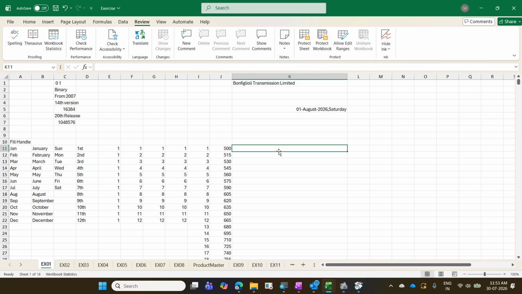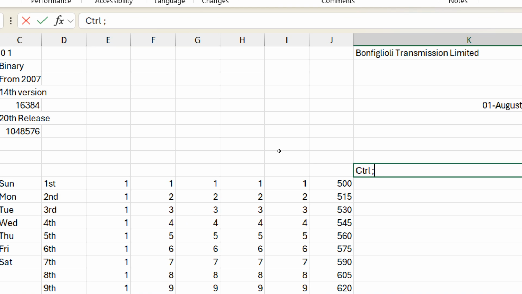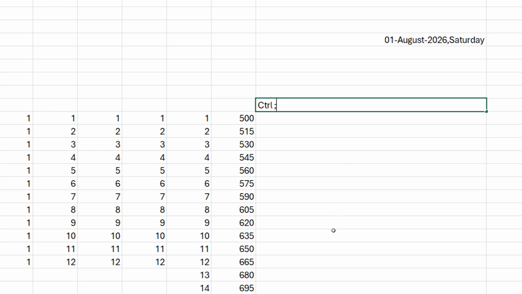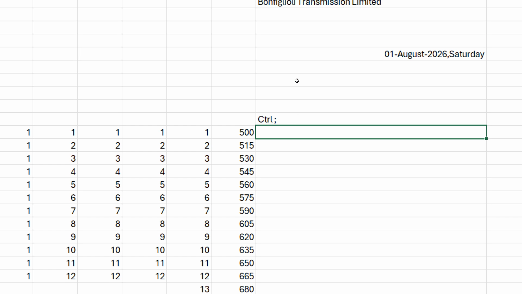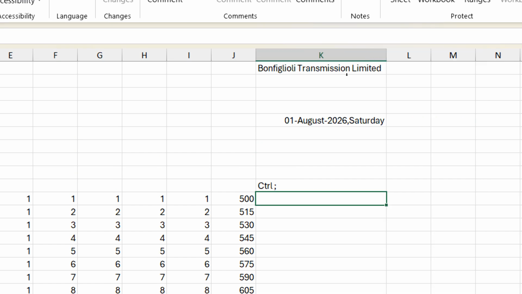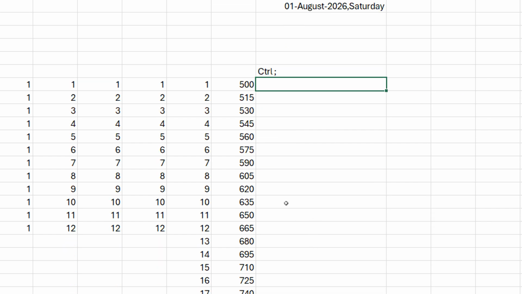Control semicolon, next to L on your keyboard. On your keyboard, next to the L, there is a key, semicolon. Hold the control key and press that semicolon. It automatically displays the current date. Control semicolon. But it shows